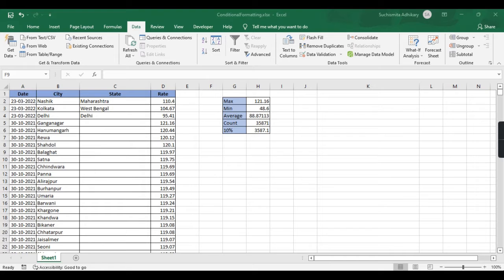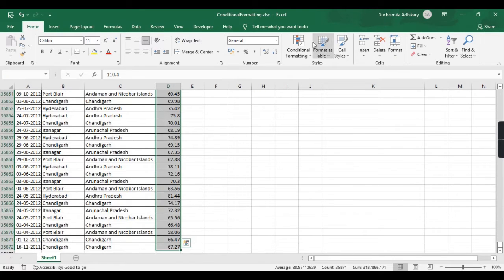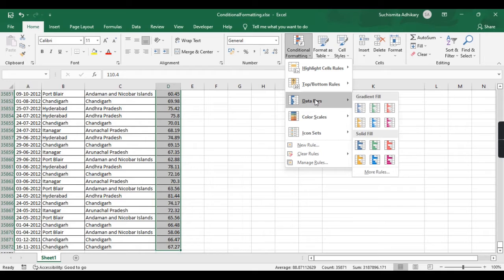And today we will look into the third rule of conditional formatting, which is data bar. And this is very interesting. So what it actually does is it shows a bar, kind of a progress bar, based on the percentage of the value. So if I select this column, rate column, and if I want to insert a data bar here,